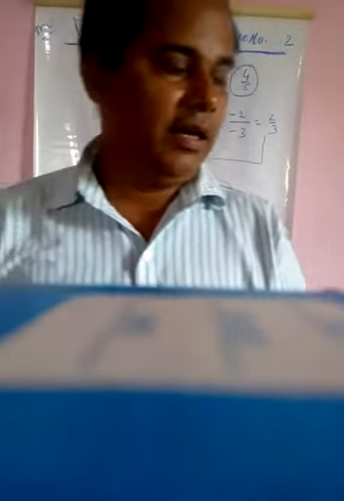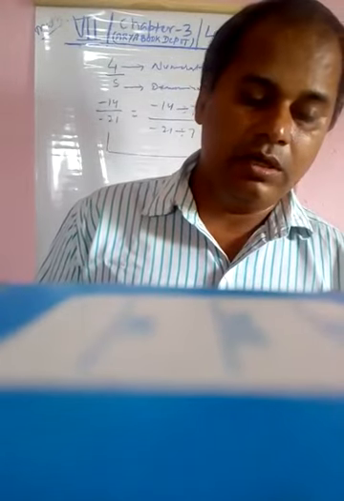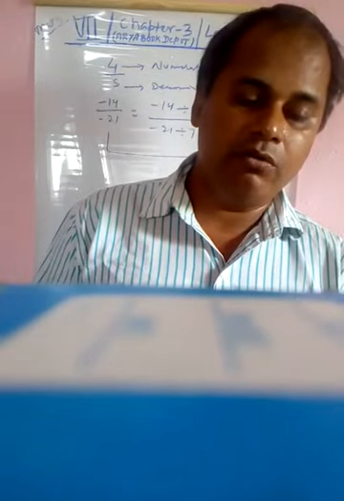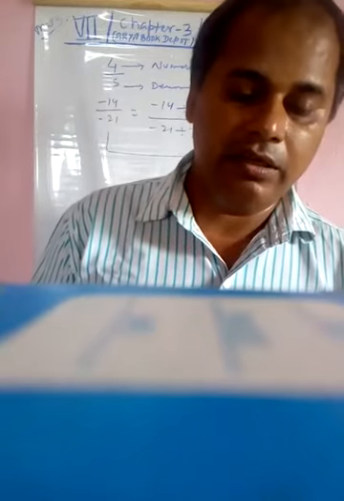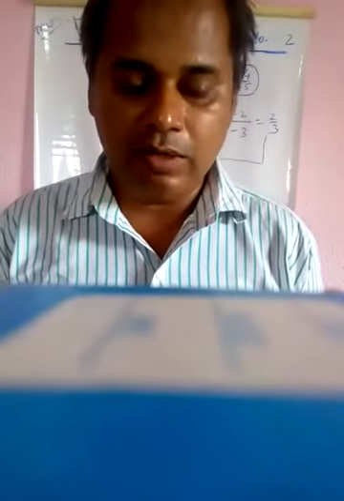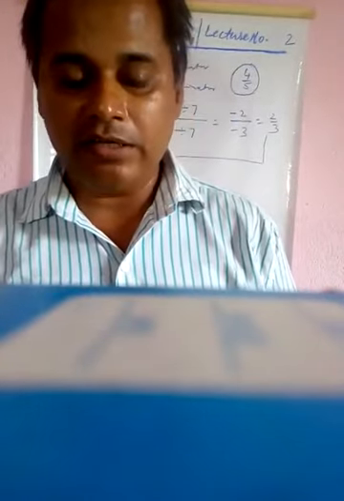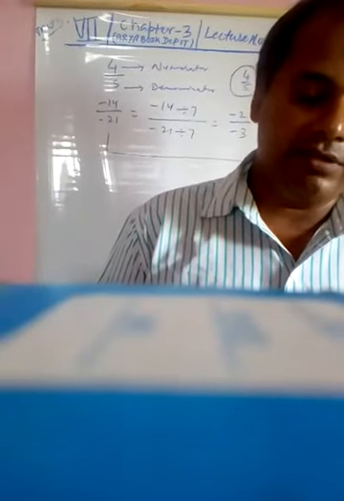minus 6 into 3 by 11 into 3 is equal to minus 6 into 4 by 11 into 4. Hence minus 6 by 11 is equal to minus 12 by 22 is equal to minus 18 by 33 is equal to minus 24 by 44. Three rational numbers equivalent to minus 6 by 11 are minus 12 by 22, minus 18 by 33, minus 24 by 44. B. 8 by minus 7.